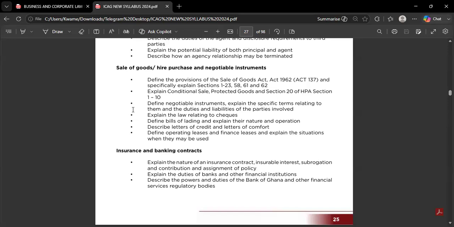So you are holding a check for payment. Yes, you have been fully paid. You have to go to the bank for the money to be cashed to you. That's a negotiable instrument. At the moment when it was given to you, it wasn't money, but it represents money. A promissory note at the moment it was given to you is not money, but it represents a promise to pay money.